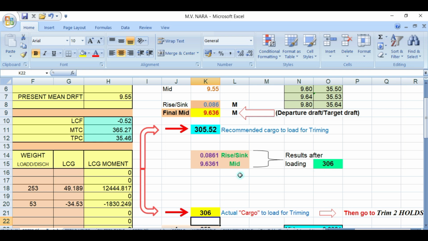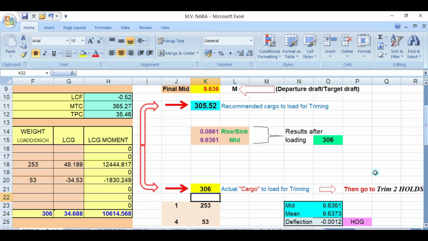When you load 306, your mid drop would be 9.6361, which is almost the same here, and your sinkage is 0.0861, which is almost the same here. So this is the best remaining cargo to load. So when you load this one, I will distribute it to holds 1 and 4.